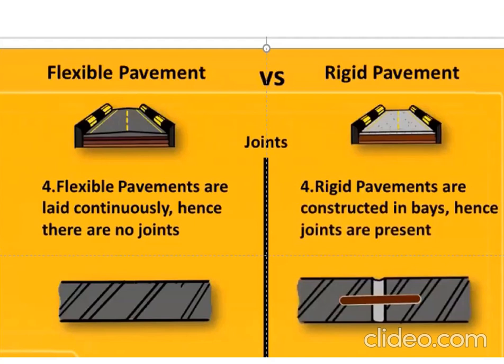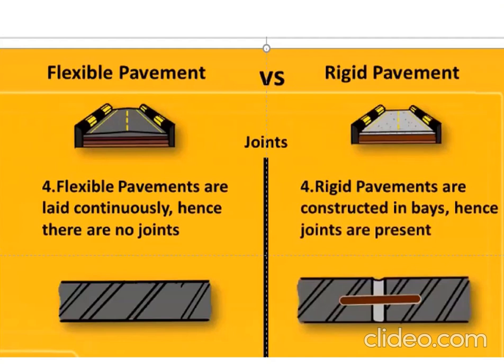Unlike rigid pavement, where you have panels. You cannot construct, let's say, even 500 meters of rigid pavement without having a joint, and this is why we call it a joint. But this is the conventional rigid pavement. Now we have come into the era where you can have continuous reinforced concrete pavement, and if you have meshing, that can also be designed. With meshing, you can go up to say 1 kilometer or so.